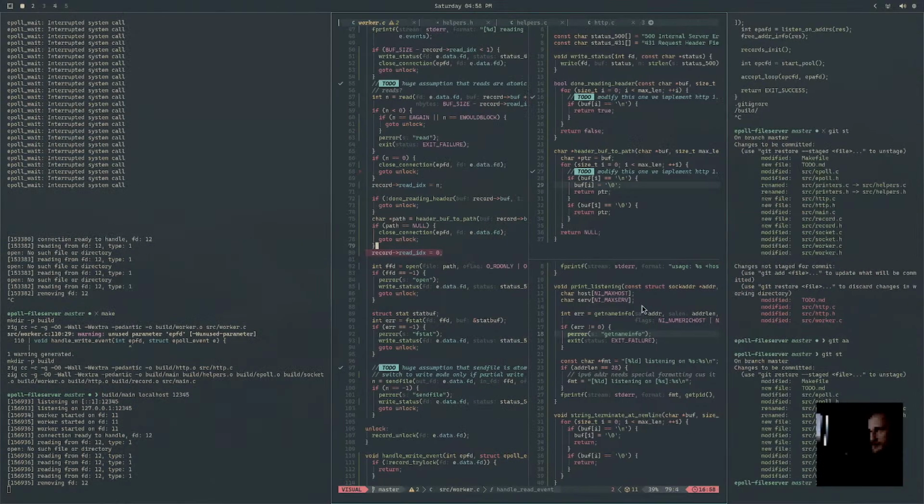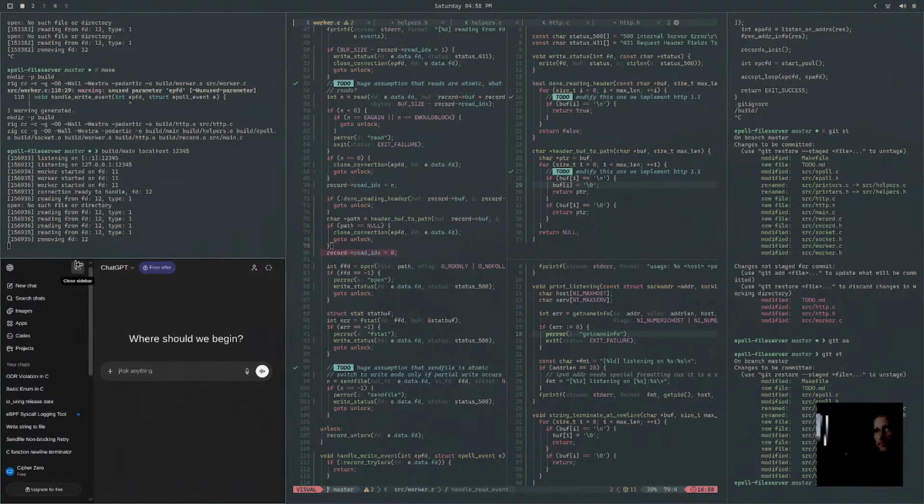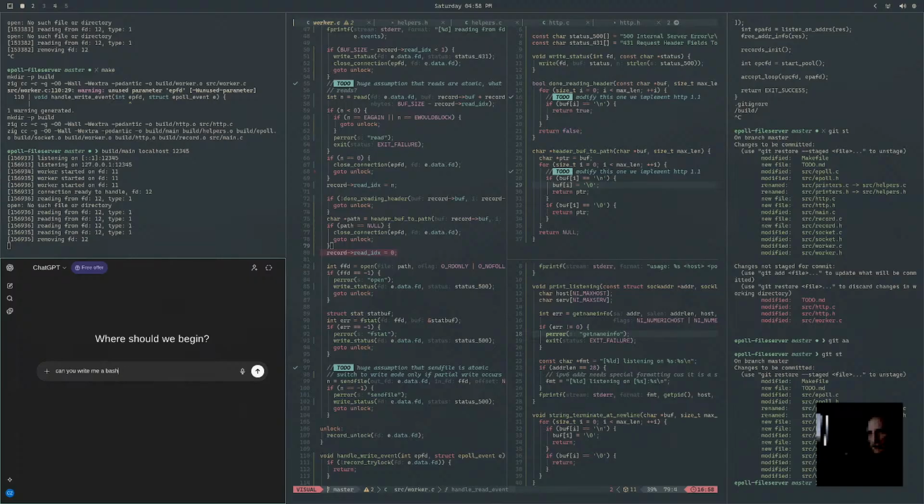Let's see if AI can generate me a test program here. Say, hey, can you write me a bash script that uses netcat, nc, to connect to a server, perform a write of, say, the partial string source, then flushes that write to the socket, waits a little while, then performs a write of the bytes